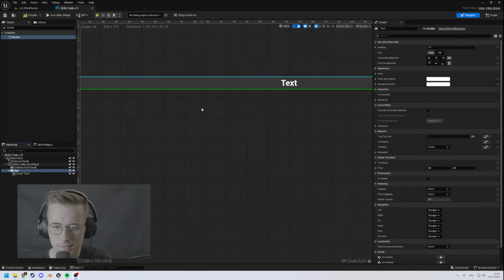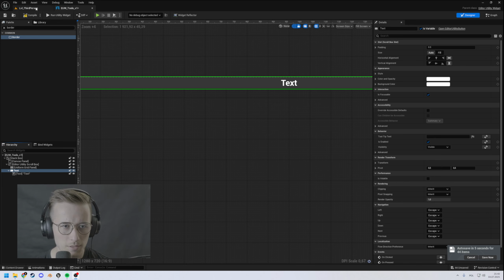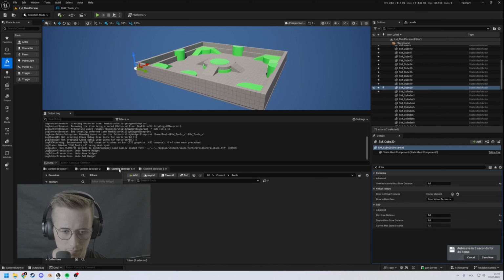Hello, let's start our series where we will create the tech tools for Unreal Engine. Firstly, we will start with some tools via Blueprints. After that, we will also do some Python and C++ for custom possibilities. So let's get started. For the first example,